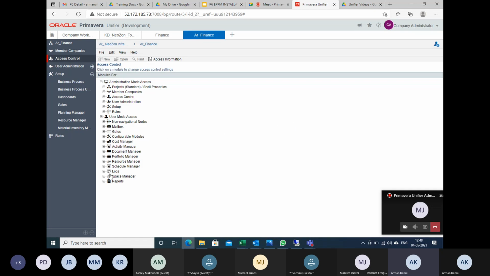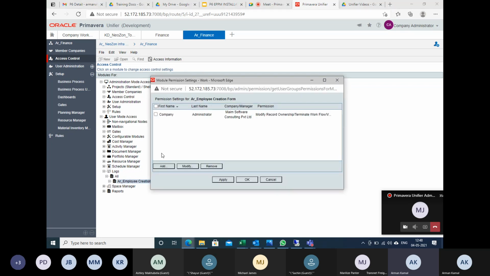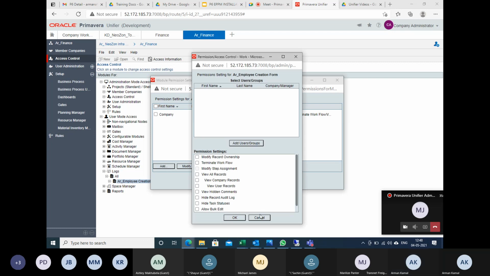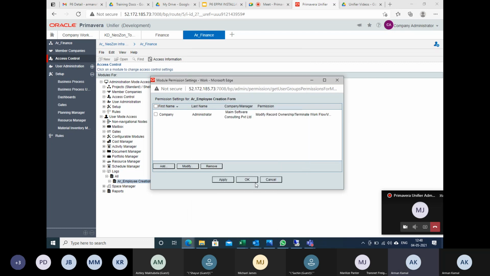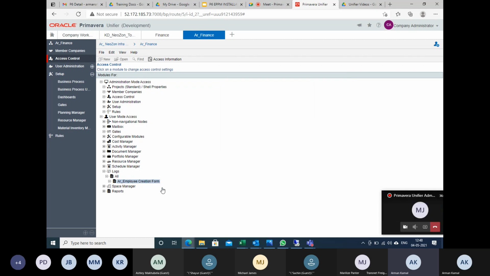Here I can see this log reflected. You just make a single click, add the user, check all the boxes and click OK. The moment you do that, you have given the access to this employee creation form.